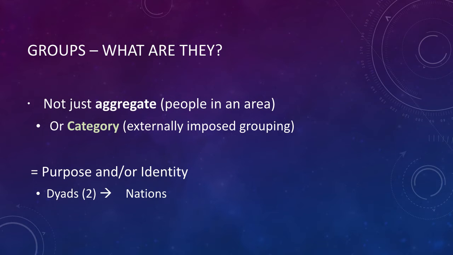This group can be as small as 2 people, so a dyad. If we think about the smallest group of 2, typically it's a couple. Right? If you think about people who've been together for a little while, they will typically talk about "we." Right? They have a shared sense of identity. They are a couple, and they identify as a couple.